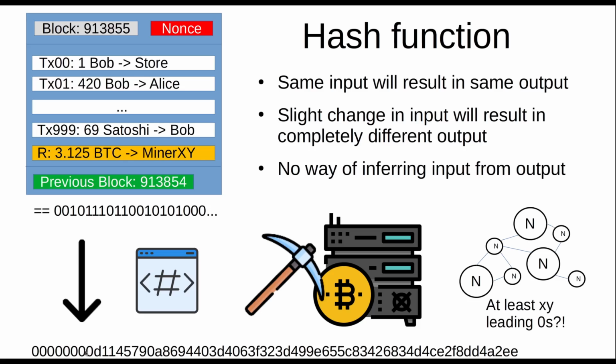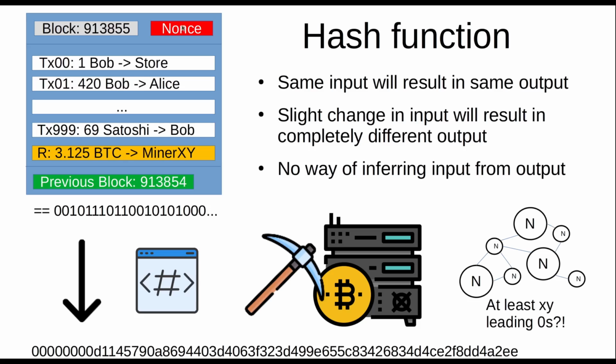Again, why this is the case and why it makes sense to have something so complicated will be looked at in the next video. But for now, just know that this is a very important mechanism in Bitcoin, and this is why the miners need to take the transaction data,